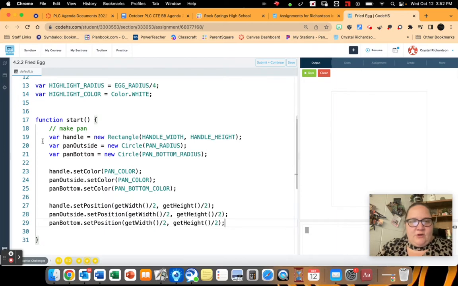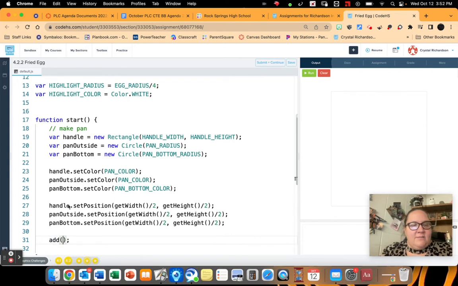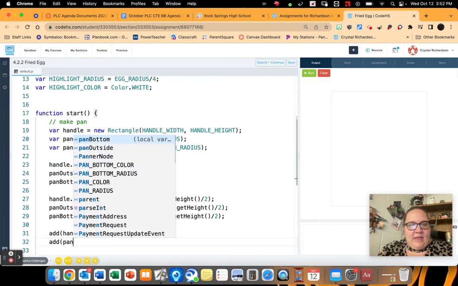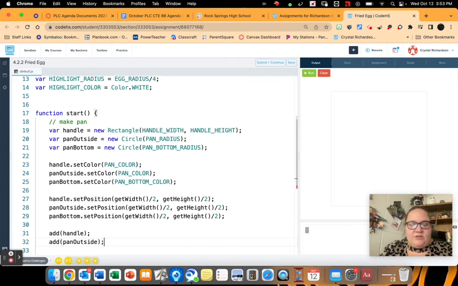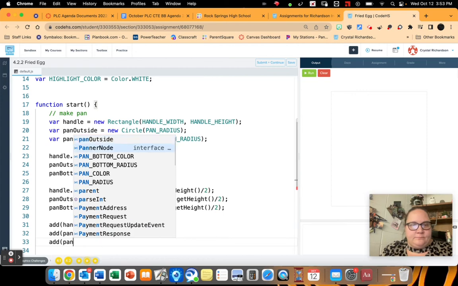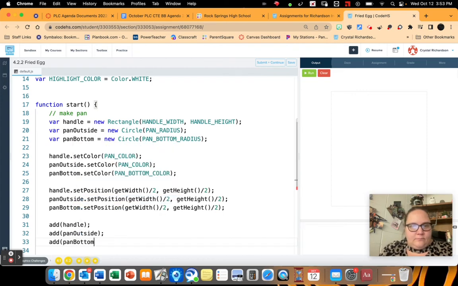So you make your object, you set your color, you set your position. Now the only thing left to do to finish my pan is to actually add these items to my canvas, and I do that with the add command. So I just spell out add, and then I use my variable name handle to call it. I'm going to go add pan outside, don't forget your semicolons, and add pan bottom. Okay. Now when I hit run,